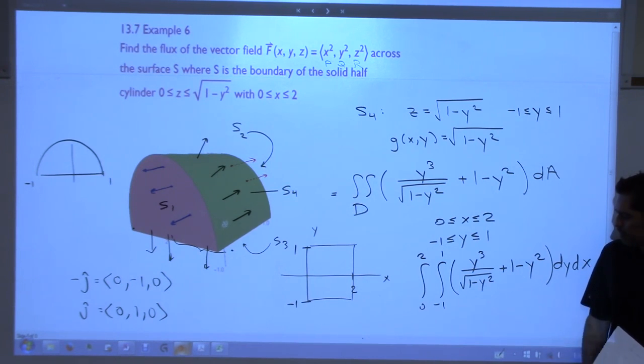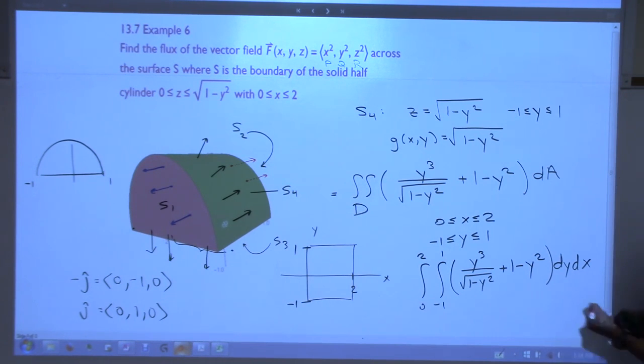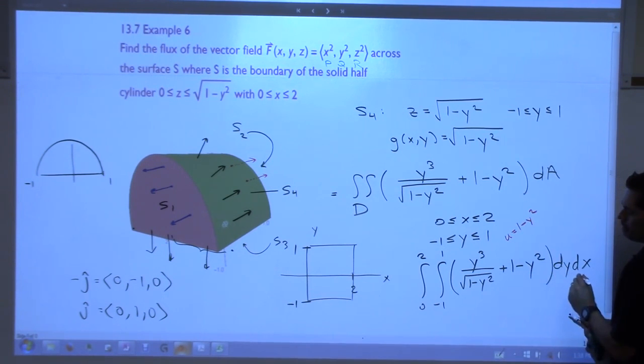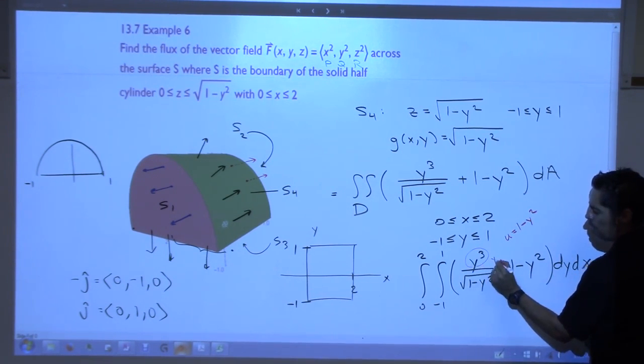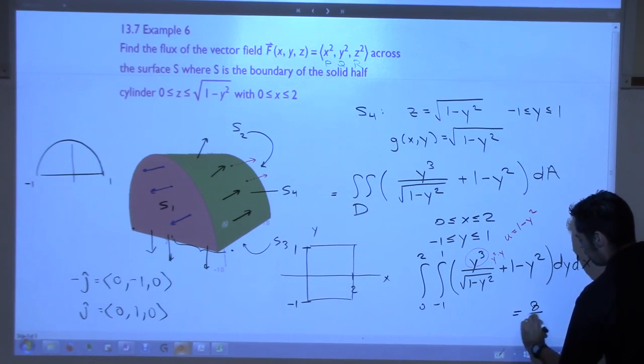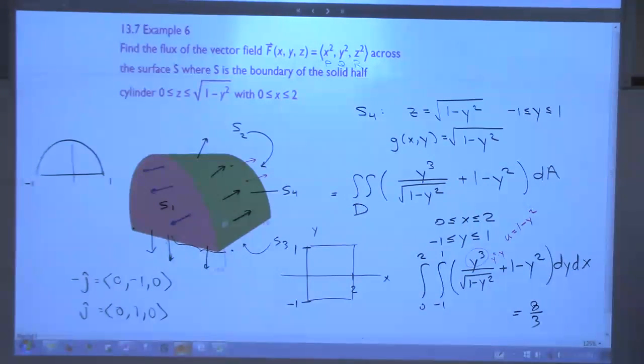It's a little interesting. If I were doing that, I would do a u substitution, let u be equal to 1 minus y squared. And I would split my numerator up into y squared times y, and it will work out real nice that way. Another way you could do it is by using trig substitution, but that takes a lot longer. This is a lot cleaner to do it that way. But at the end of the day here, if you do this integral, you get 8/3. So the final result